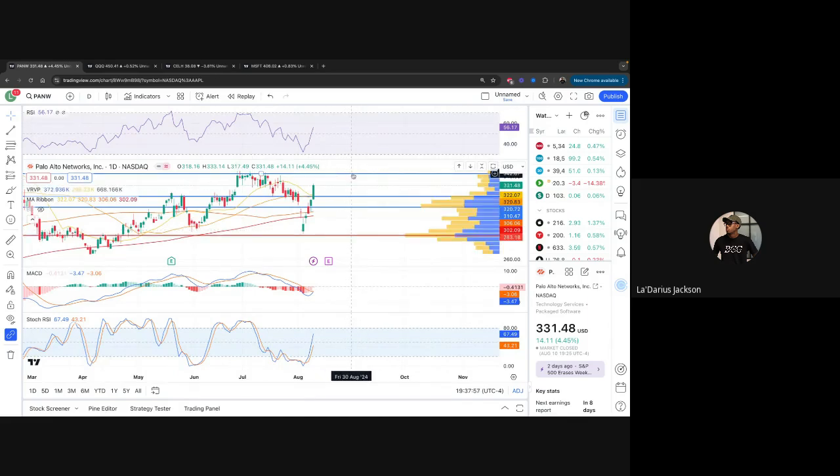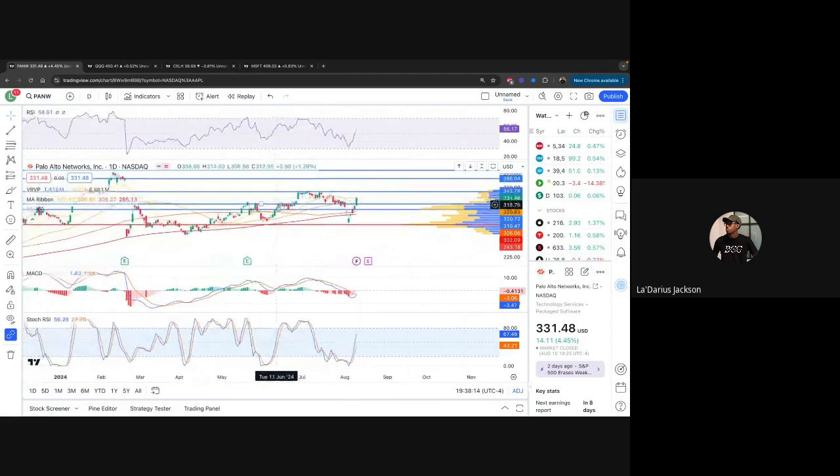Again, I'm thinking that we're going to go back up and test resistance. We just need to maintain above the 330s. If not, we should be pulling back to the 320s. If we pull back to the 320s, I'm looking at buying for a long swing, because if we pull back